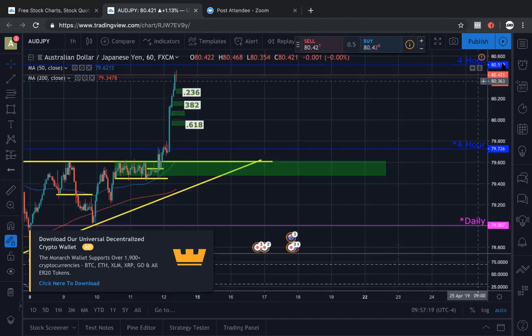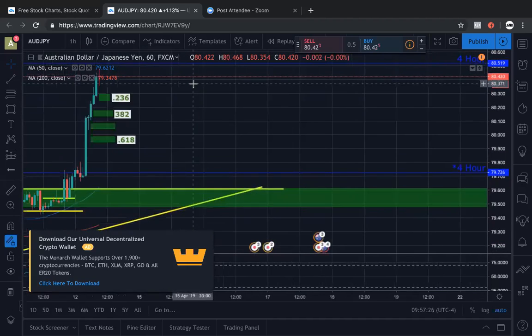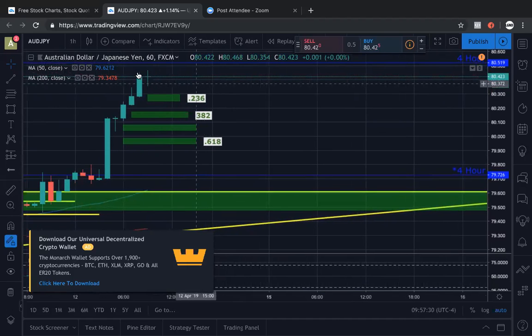I didn't even look at this. I knew that this area was key based off of price. So we'll just watch it. We'll see what happens up at the peak of this. It might be today, it may be next week. And we'll just see how price respects these levels, whether it goes to the 23.6 and stops, whether it goes